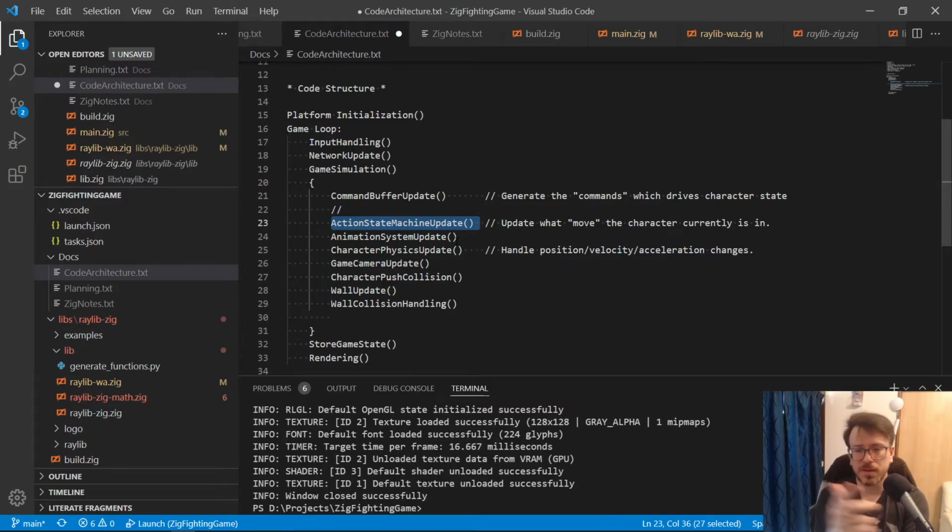But there's a nuance there, right? Because you have this push collision going on over here, which is updating the position. You kind of want things overlapping to be clear to the player.